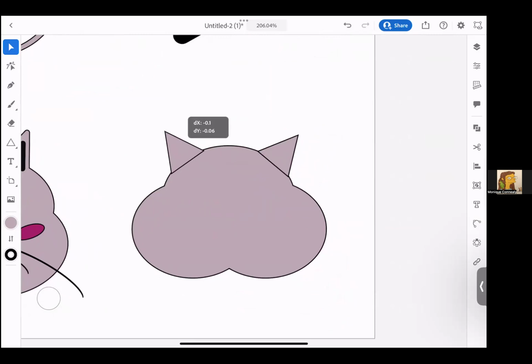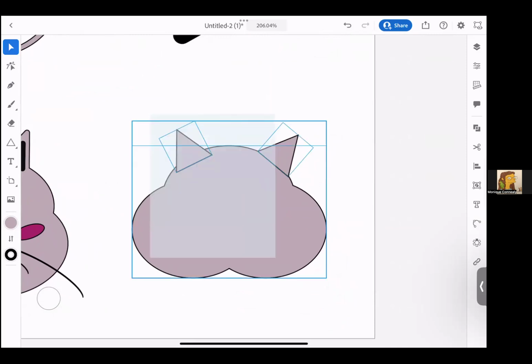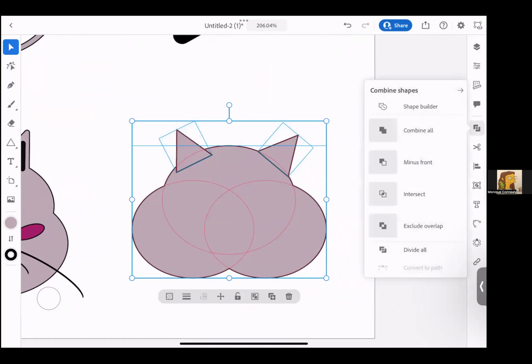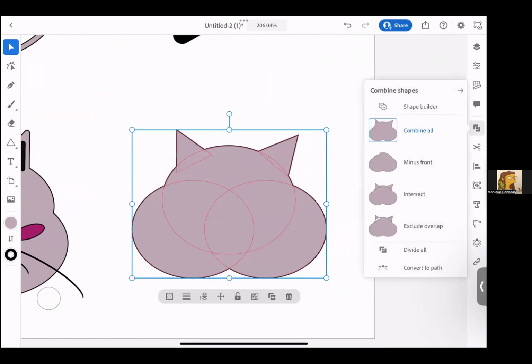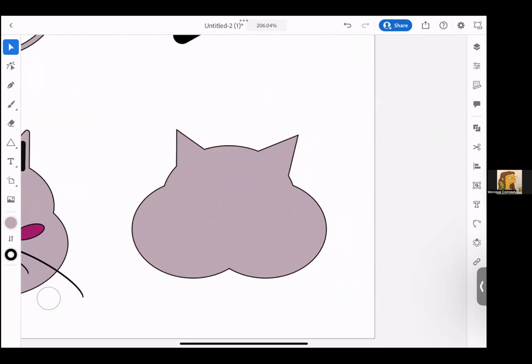And I think that's pretty good. Be a little more rotated, just like that. And then I'm going to combine them all together. Now to make the ear pockets, I am going to do the same thing,